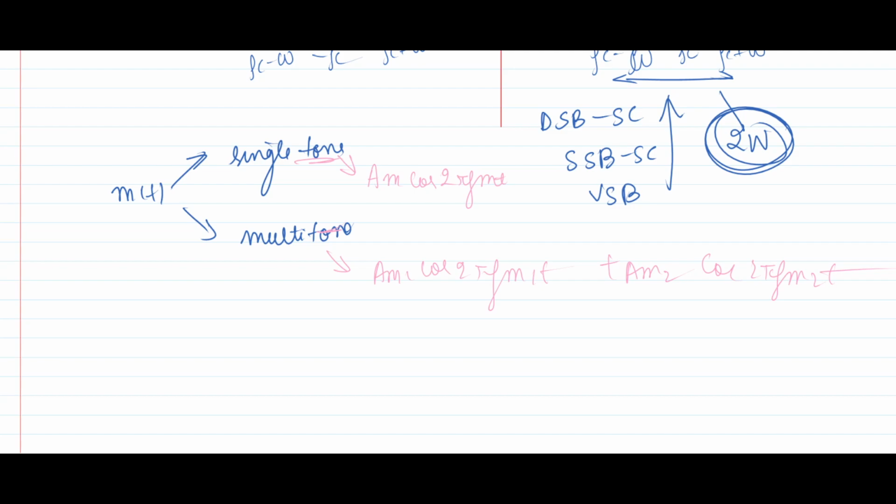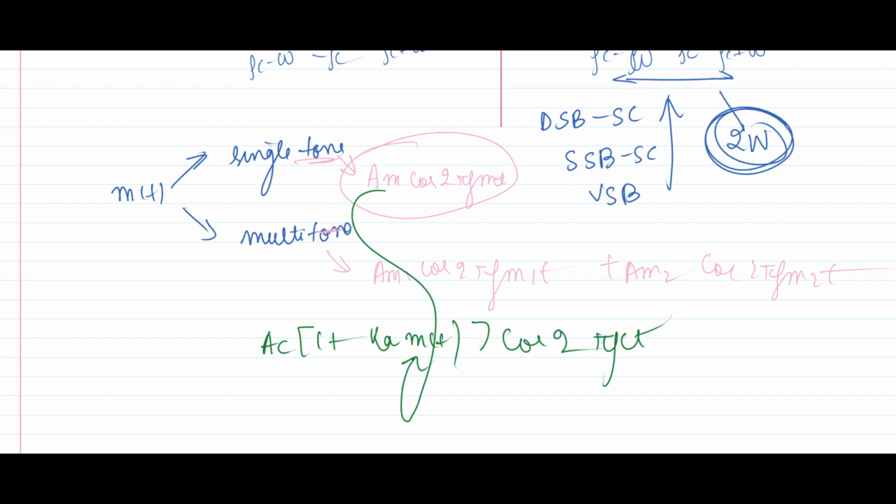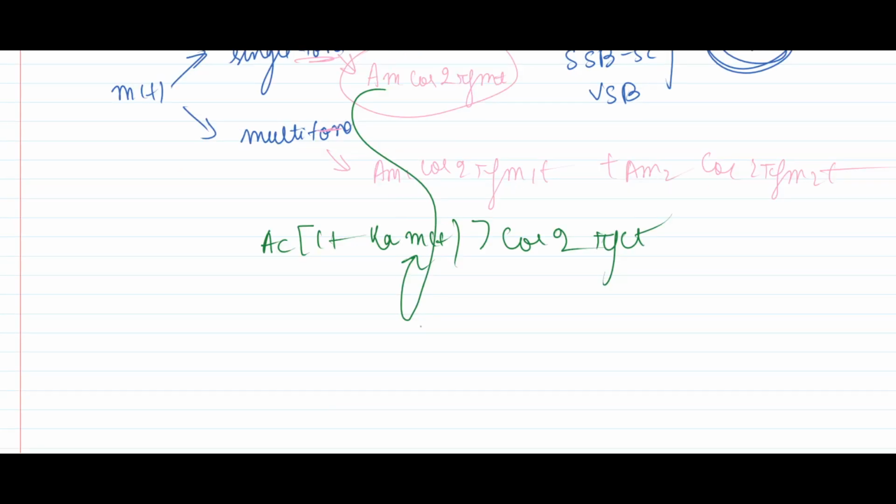Now for writing the time domain equation for this particular signal, we can do this. Let us assume a single tone signal Am cos 2 pi fm t, and let us do this for the signal Ac [1 + ka m(t)] cos 2 pi fc t. We will put this here, and the signal of all the answers obtained can be plotted on a graph. So this is the basic thing, all of you must be aware of it. Now I'll talk about the important formulas that you must know.